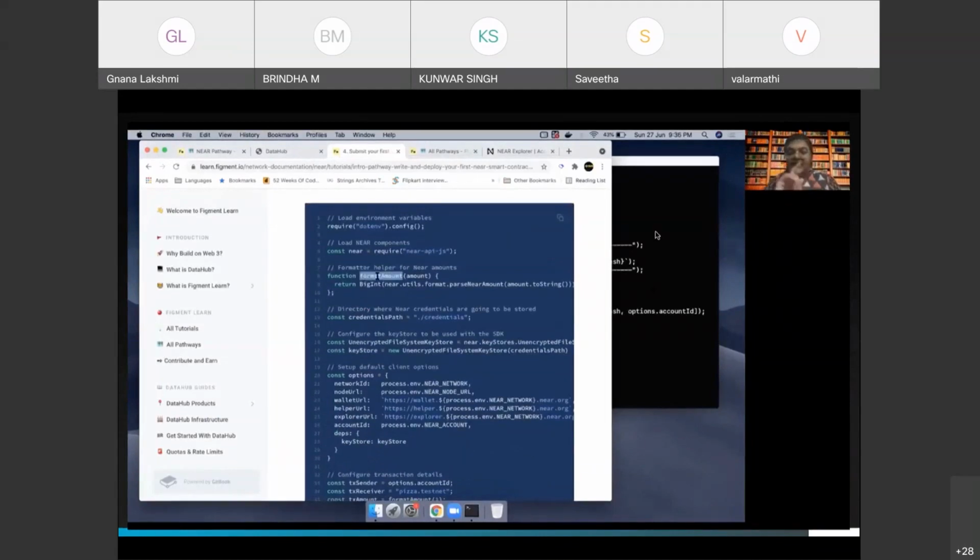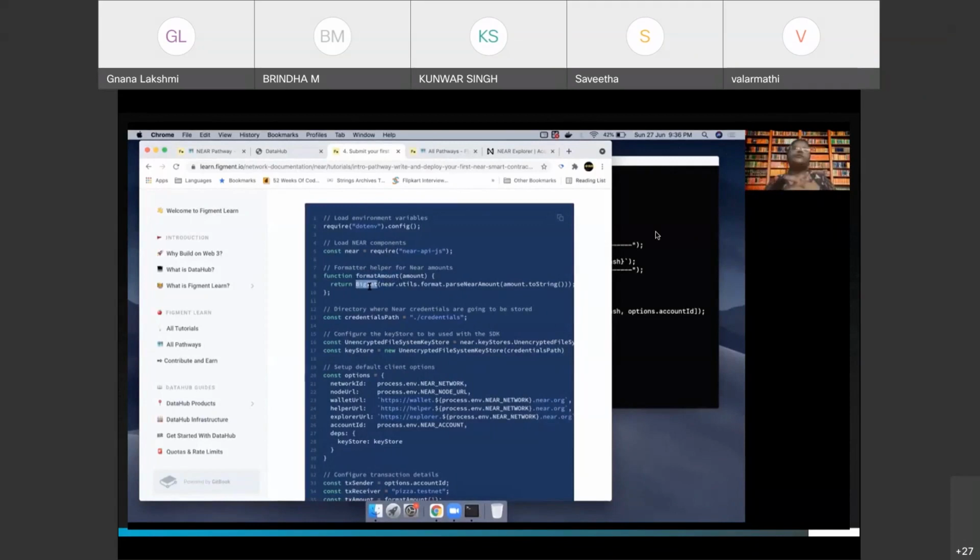So here, and this is something that I will show a little bit later as well, this is something you might have encountered in other languages like Solidity as well. You can see that for near amounts, there is a huge decimal. So every token will have a certain set of decimals to represent that token. The number of decimals is most likely to be 18. It could be 10 to 18 in most cases. Sometimes it could be 8 as well, depending on the type of token.